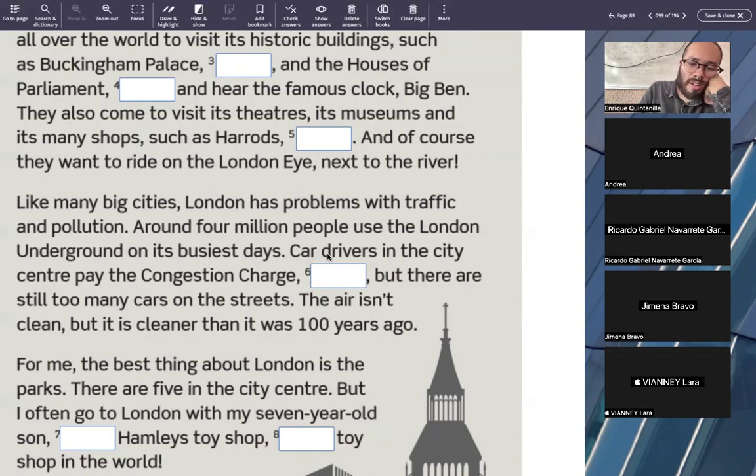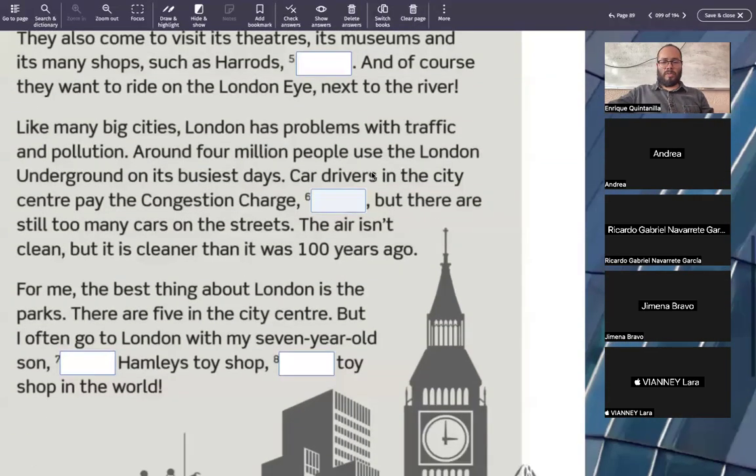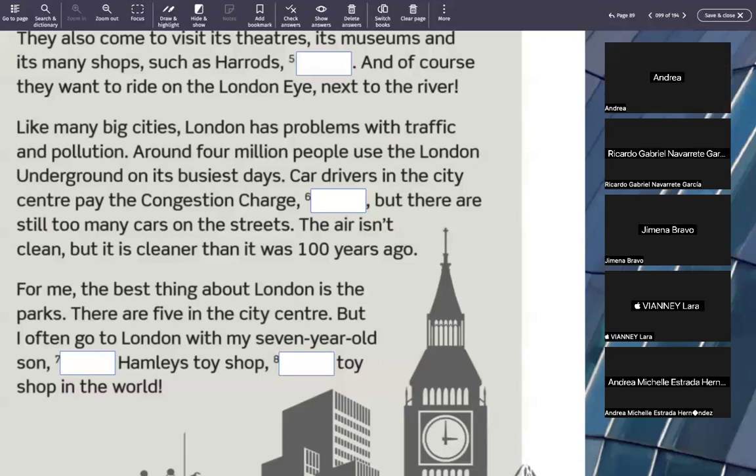Drivers in the city center pay the congestion charge, but there are still too many cars on the streets. The air isn't clean, but it is cleaner than it was 100 years ago. Thank you very much. And finally, please,